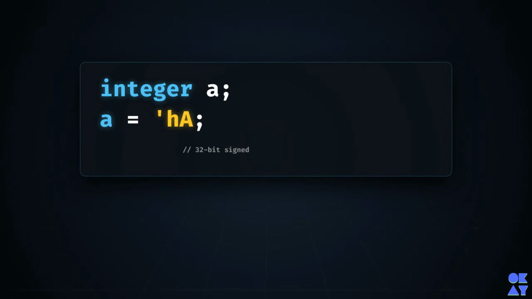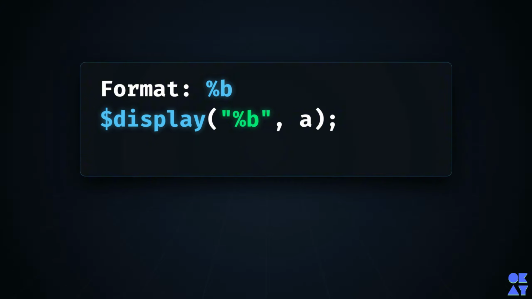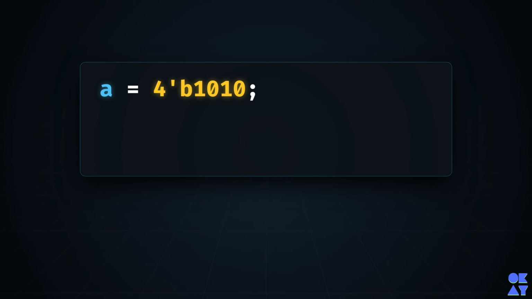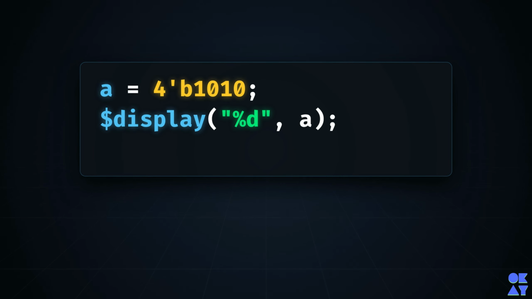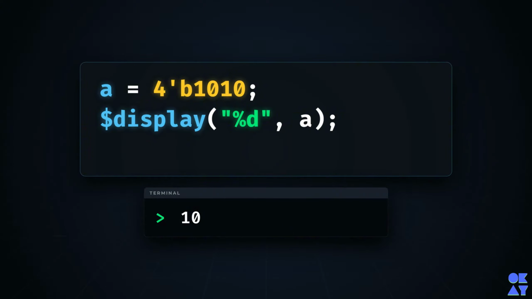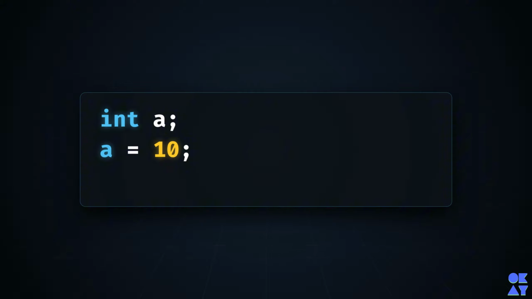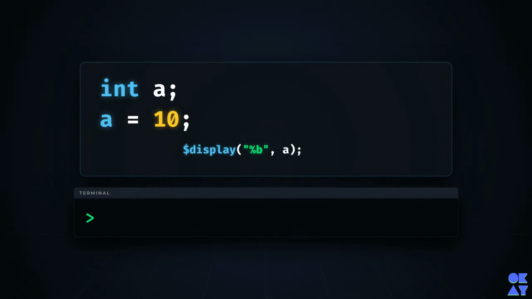Now let us talk about display statements. Till now, for binary printing, we used %b. Example, $display("%b", A). But we can also print in decimal using %d. Example, $display("%d", A). Even if the value was assigned in binary, we can still print it in decimal. Example, A equals 4'b1010. $display("%d", A). Output, 10. Similarly, even if the variable is int or integer, we can still print it in binary using %b. Example, int A equals 10, $display("%b", A). Output,